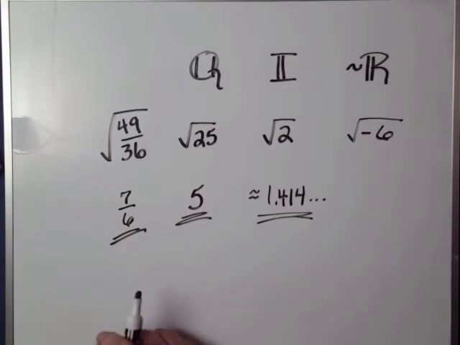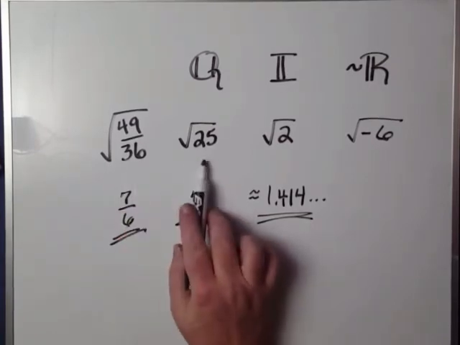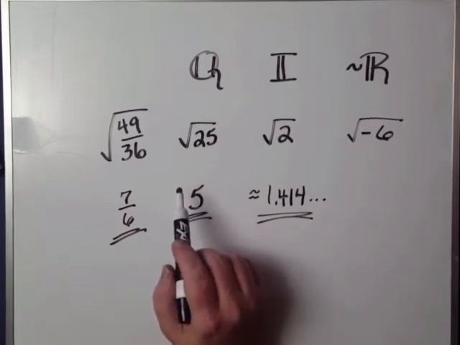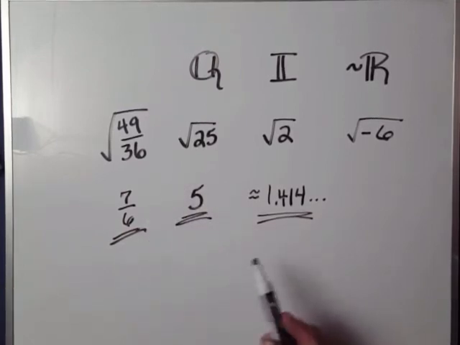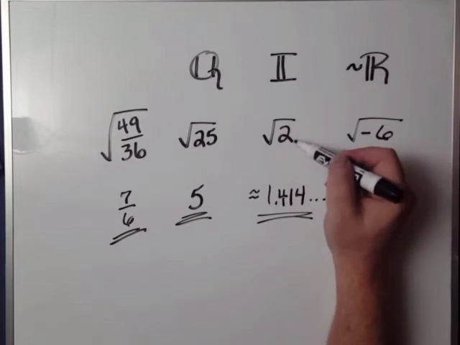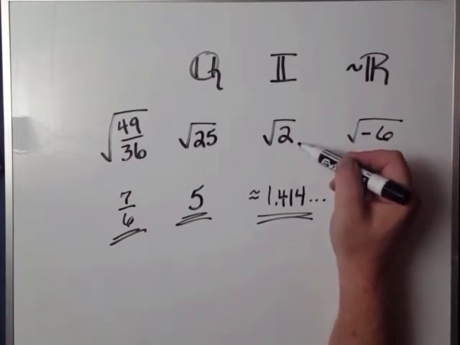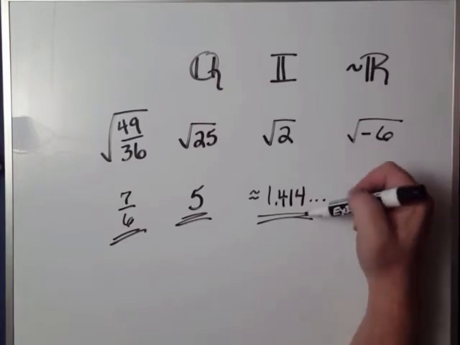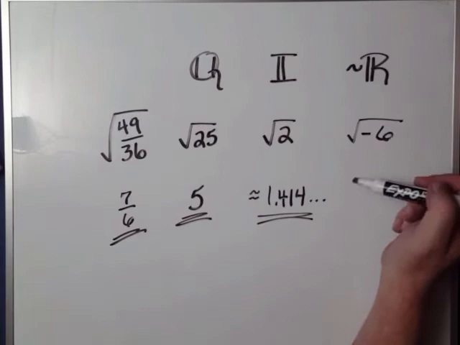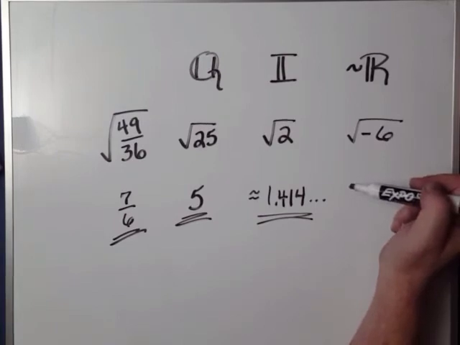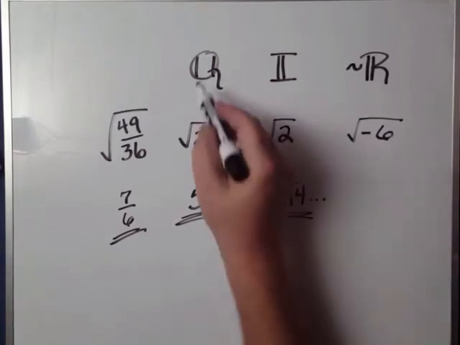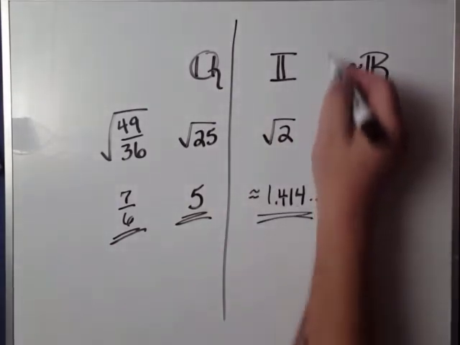7/6, which is rational. If you're taking the square root of a perfect square, the answer will be rational. If you are taking the square root of a non-perfect square, the answer will be irrational. And if you take the square root of a negative, the result is not real. By the way, rational also includes